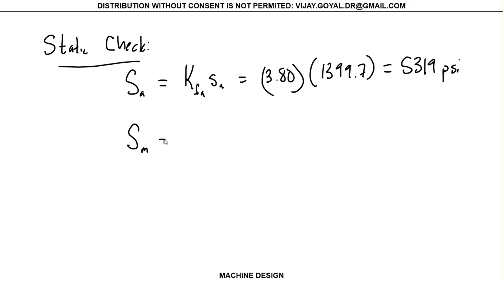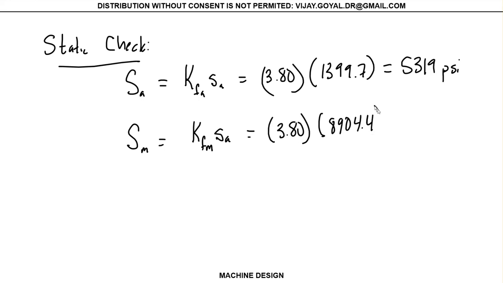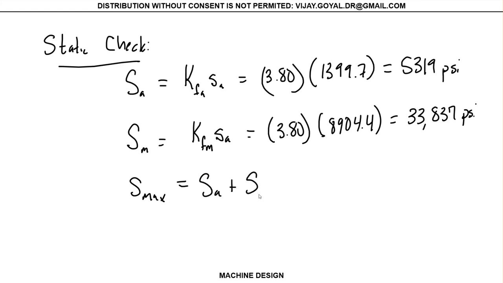Your mean fatigue stress, that we'll use in my problem, is way conservative. If you use a correct approach, this might drop to maybe 1.17, but this is okay. This is what we will do in this example for this particular course. This is psi, and then you calculate your S max. S max will be your alternating plus your mean, which gives you